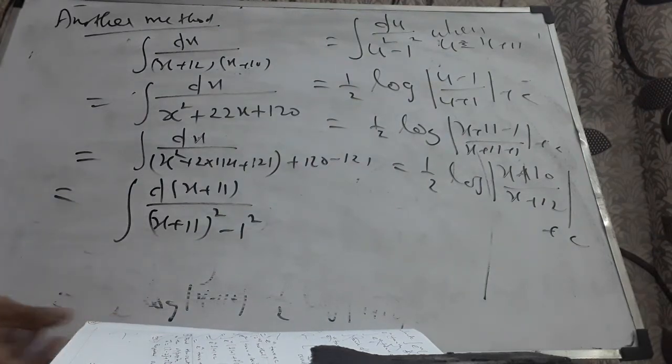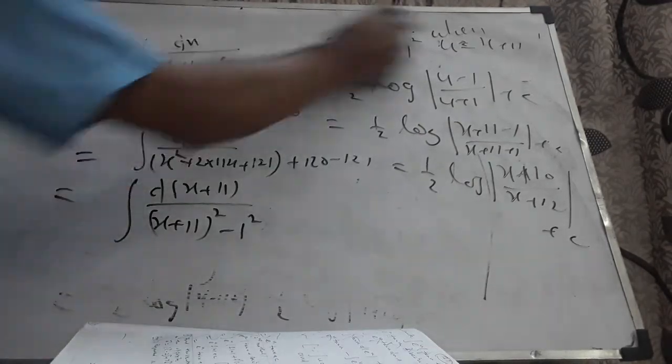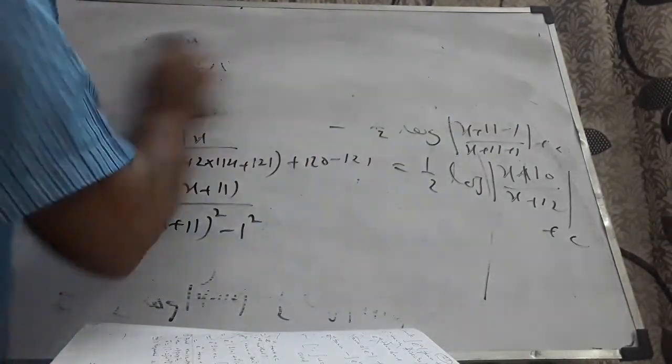Okay, in fact, I should say I'm giving you 3 different methods. If you're going to apply partial fractions, do it individually and get the values of a and b, or without using partial fractions, do it directly by writing the numerator as x plus 12 minus x plus 10 and divide by 2 and then proceed, or multiply the whole thing similar to the way which is being done here and then proceed. Okay, this is another method for the 8th problem.